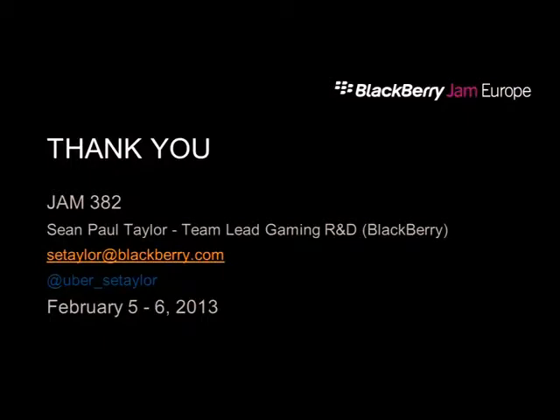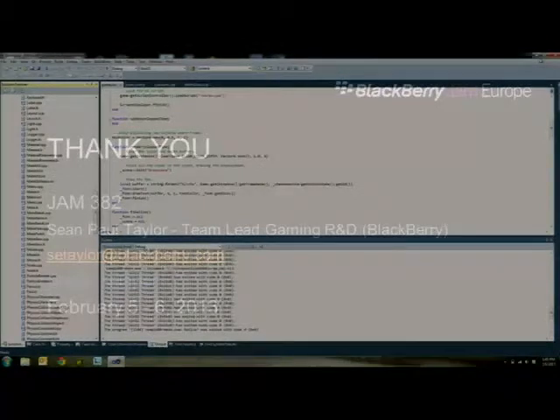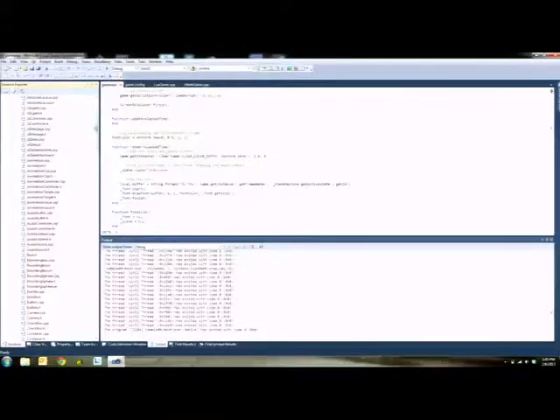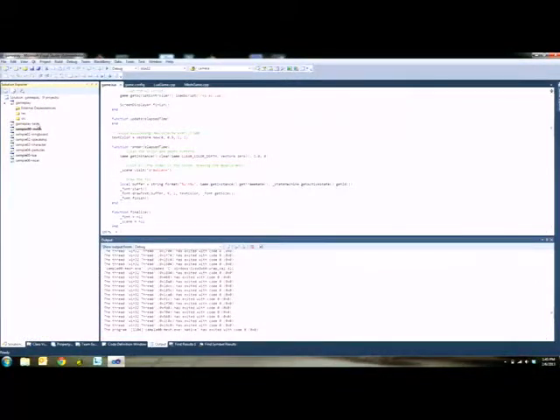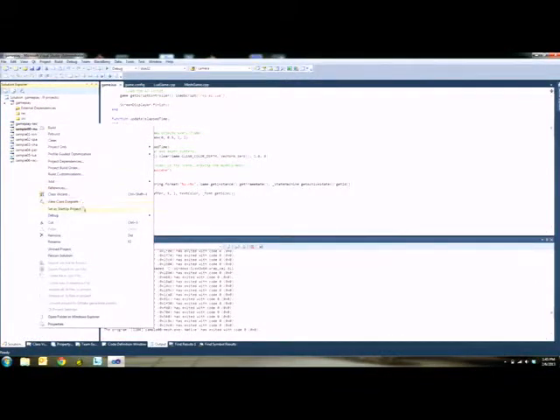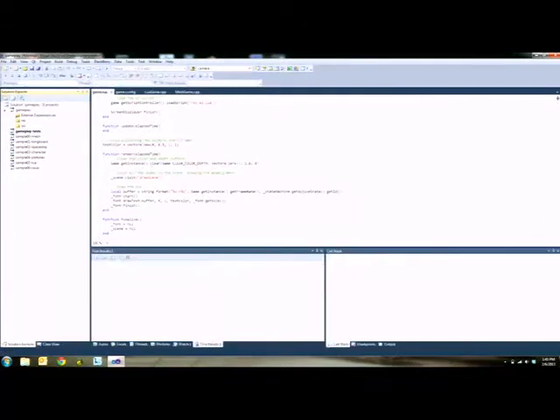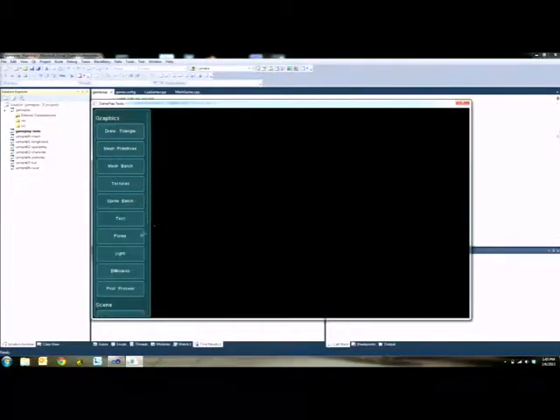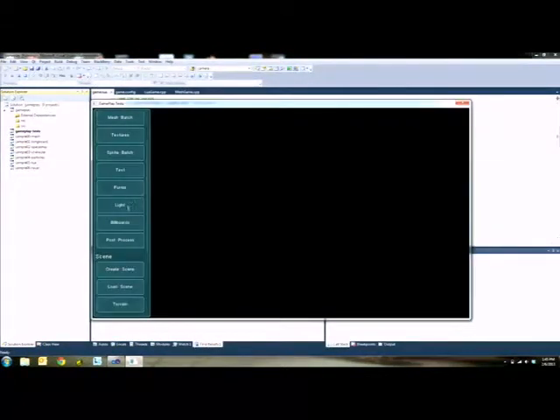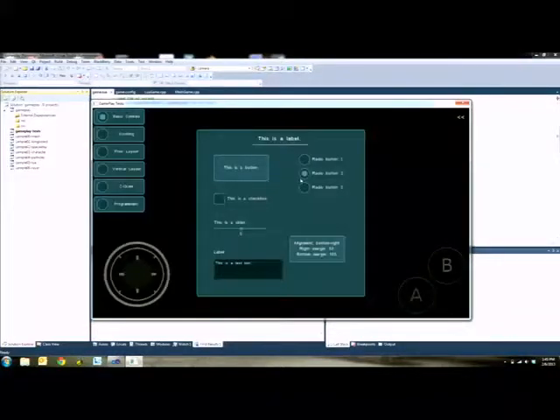Yeah, so I'll show you. Here's a quick example. Inside the test framework here, I'll show you a quick few little samples. If I go down here to the form tests, this is just a simple form. You have buttons, radio buttons, check boxes, sliders.